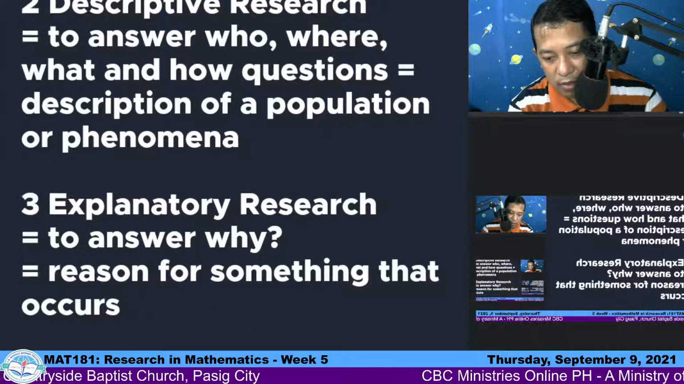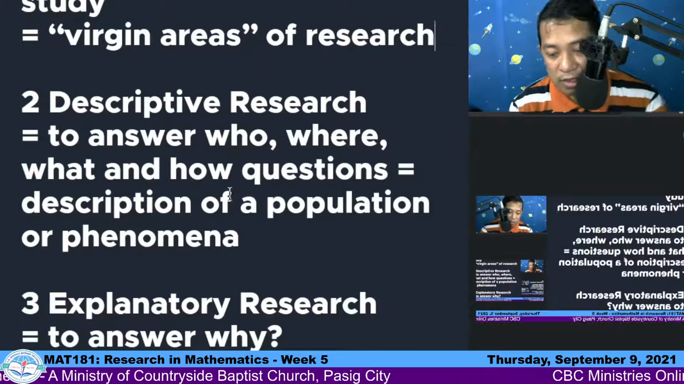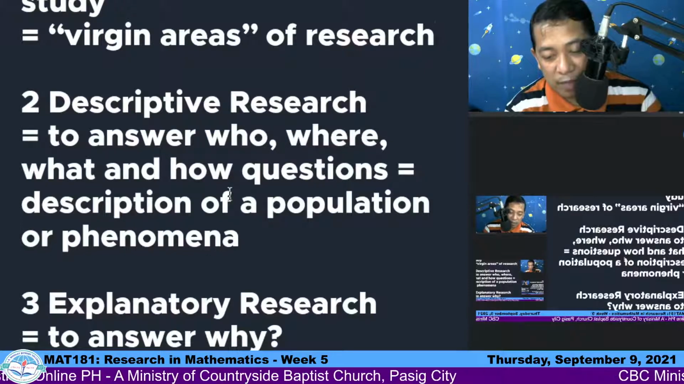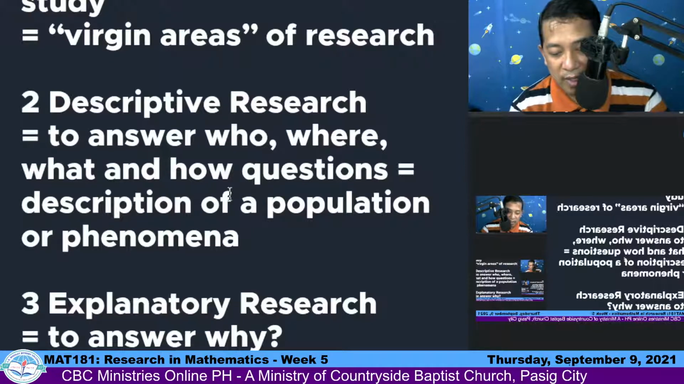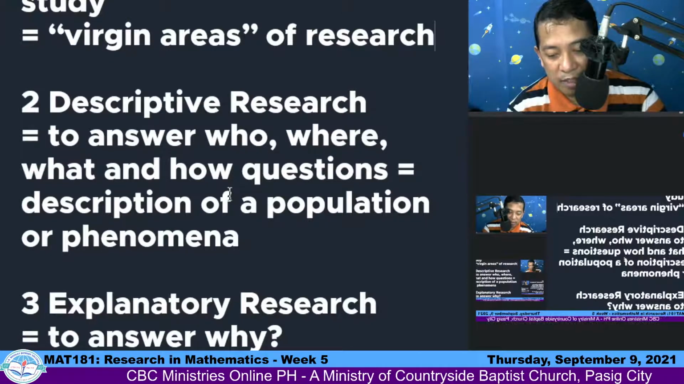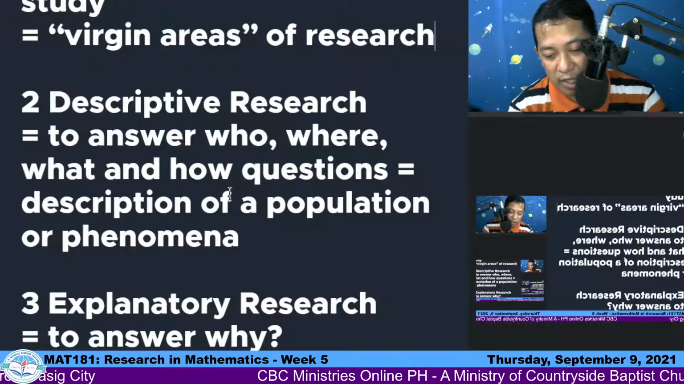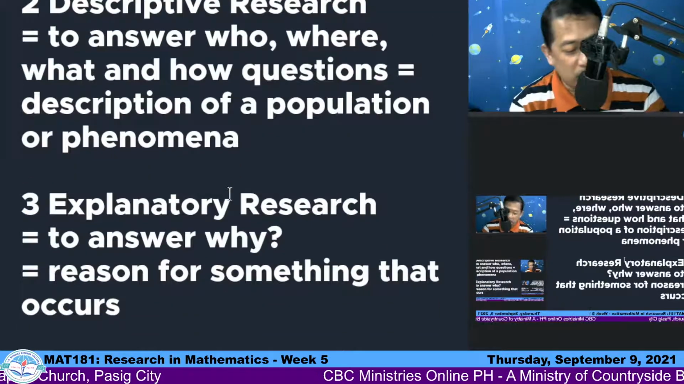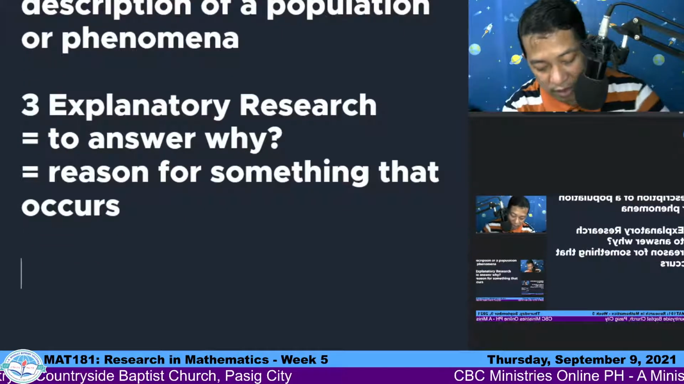Okay, so exploratory, no? And then descriptive, this is more on the description of a phenomena or population. So it answers who, where, what, and how. But of course, it may involve exploratory or the explanation of to answer why and reasons for something to occur. Now, the other purposes, so based on our outline,